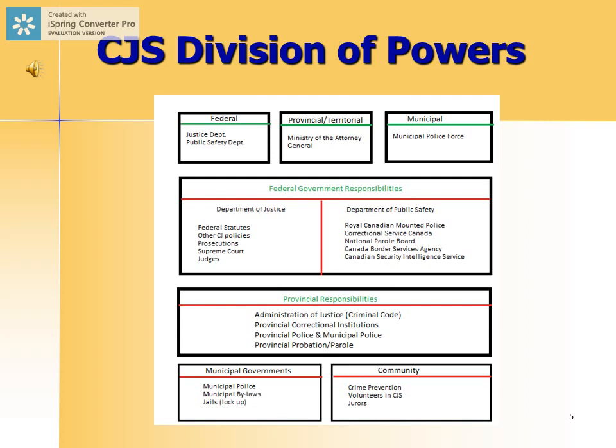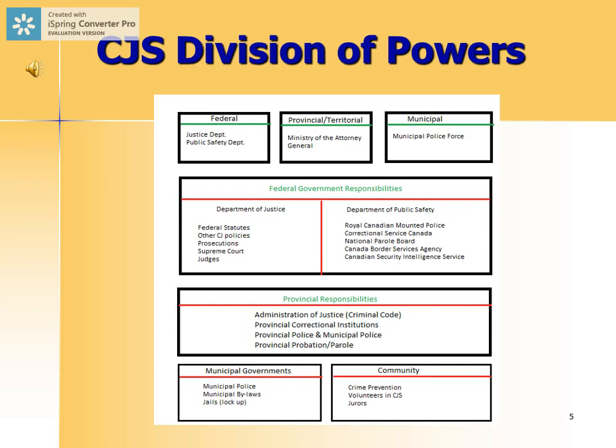One of the first things we need to understand about the criminal justice system in Canada is that administration of the system is divided between different governments, in particular the federal and provincial governments, but also the municipal government as well. This division of power is a reflection of the federalist system in Canada. And what a federal system basically means is that you have different levels of government with different powers and different jurisdictions. And this is no different with the criminal justice system.